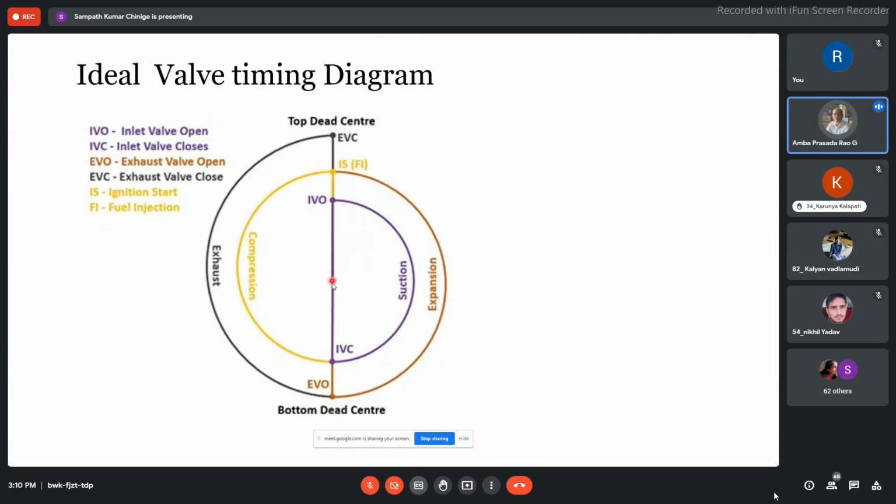How to draw the semicircle? With the help of a protractor you can draw it. From this point, whatever the inlet valve opening degrees are, 5 or 7 degrees, you measure that 5 or 7 degrees from this point. With the help of the protractor you get that angle, and with the help of the compass you draw the semicircle. Say the inlet valve has closed after 30 degrees. Again, from this point on the left side, you measure that 30 degrees. So this is how it can be drawn.